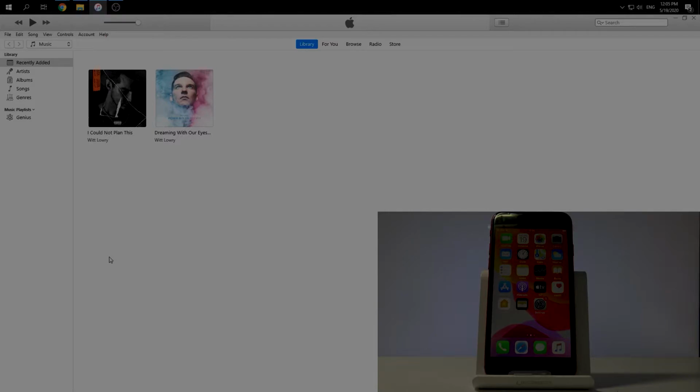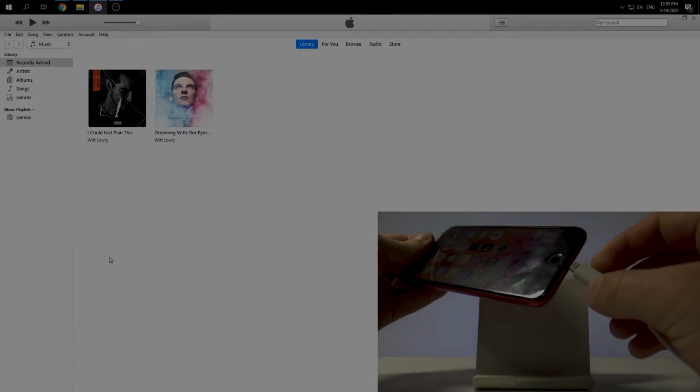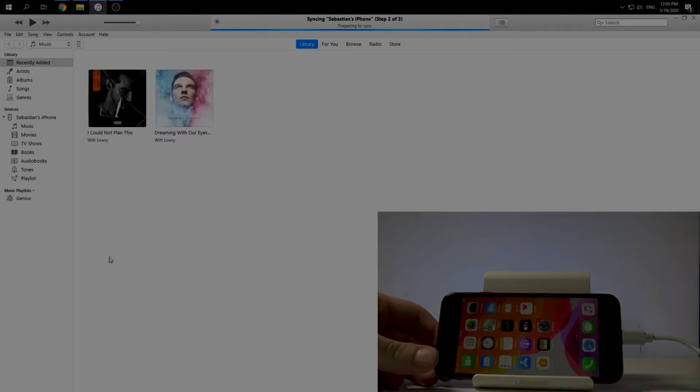Then we need to plug our mobile phone into a PC. So you can do it just by using USB cable, just like that. Okay, so